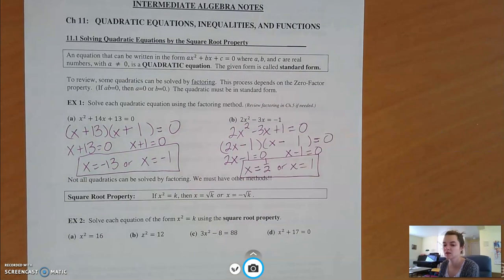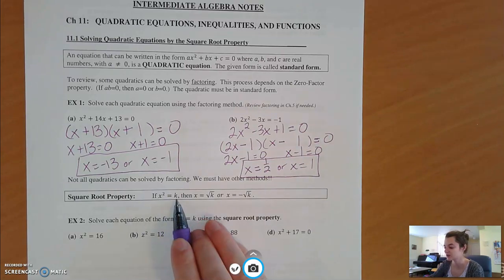Okay. And that's how you solve by factoring. So obviously, not all quadratics are factored. They can't always be solved by factoring, so we need to have other methods. So the first method that we're going to look at in 11.1 is called the square root property, which just